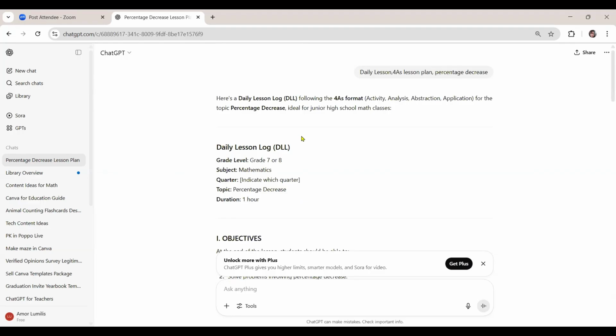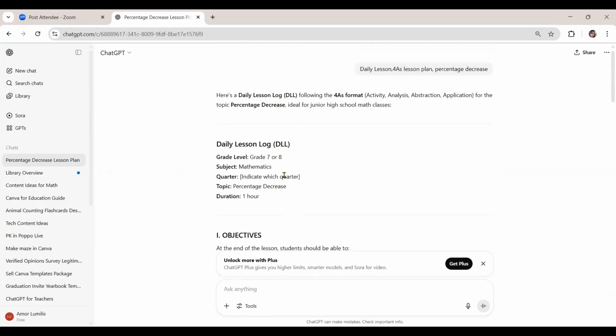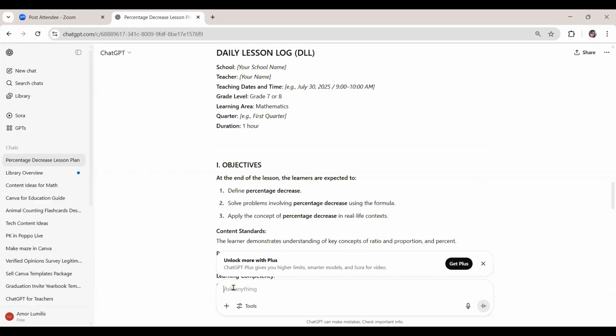Another thing that we should consider also is, for example, if it is your first time to open ChatGPT, it might not be familiar with the type of lesson plan that you're asking for. So you have to be very specific with the parts or the components of the lesson plan that you're asking. So aside from the topic, you can also type in the competency. So for example, DLL type lesson plan,